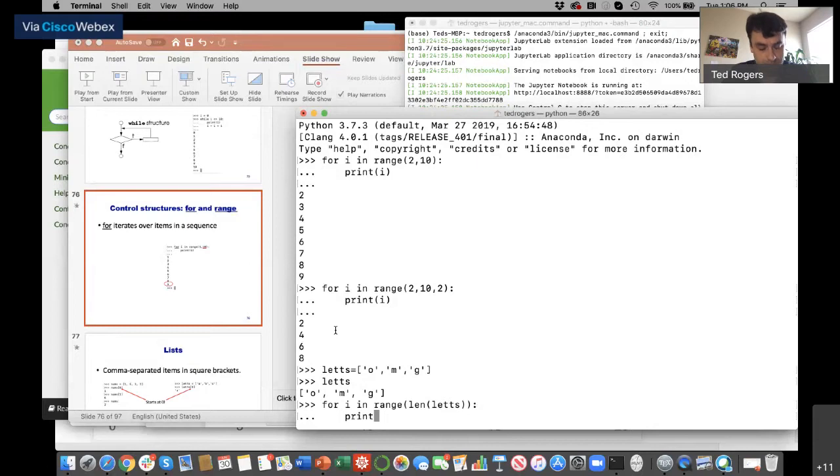Now let's print what's inside of that list. We could also print, say, an exclamation mark.